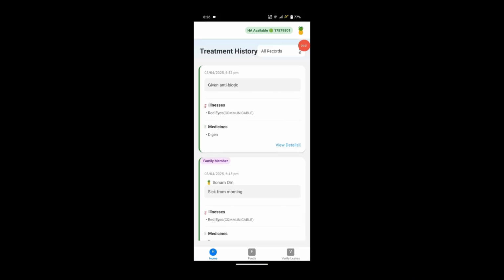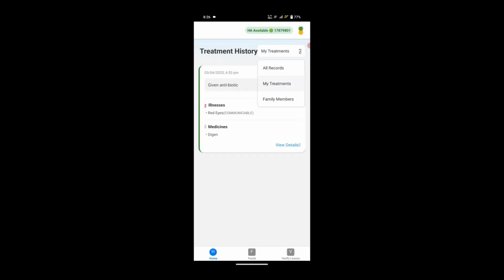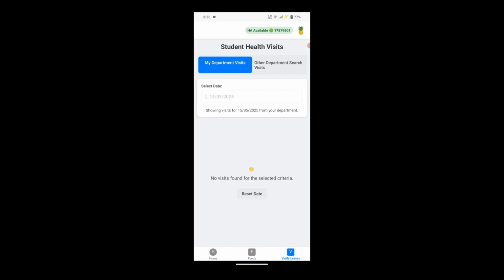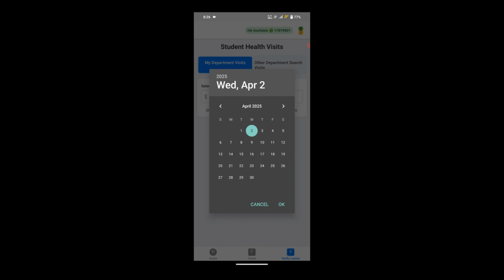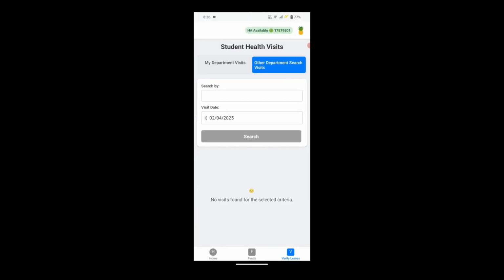The tutor can also view their medical history, and they can choose to view their own medical history or the family members'. They can also view the feed same as student. Then the tutor can verify a student's leave by checking the date on which the student visited the infirmary, and they can also search the student by the student number for other